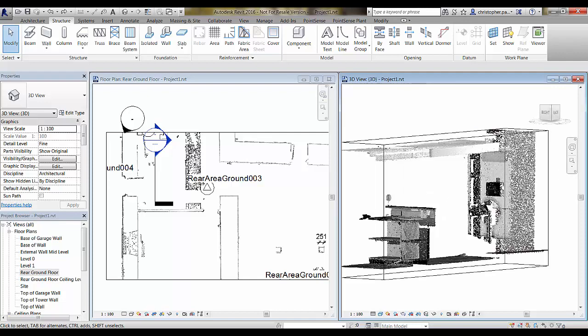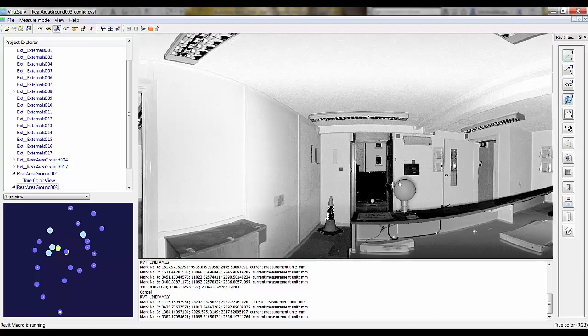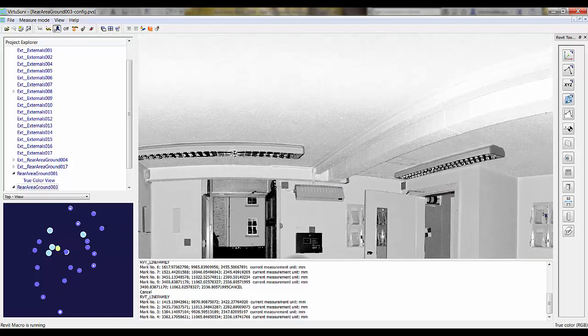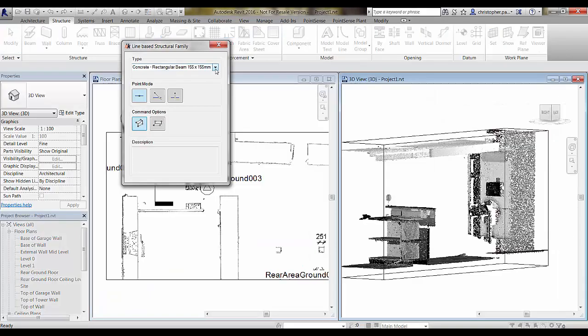So if we just drop back into VirtuSurv now and we zoom in a little bit and access the beam command, I have already taken the liberty again of measuring this beam and creating a family for it. But what we're going to do now is use either the click 4 points to insert a line-based structural family instance in 3D, or we can use a similar command which will do it in a horizontal